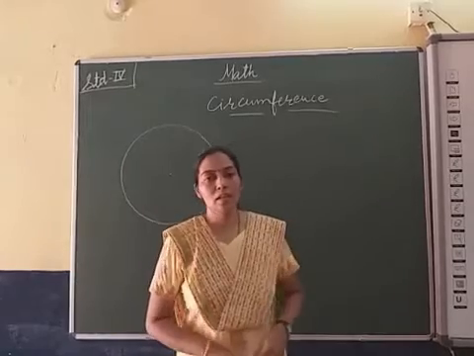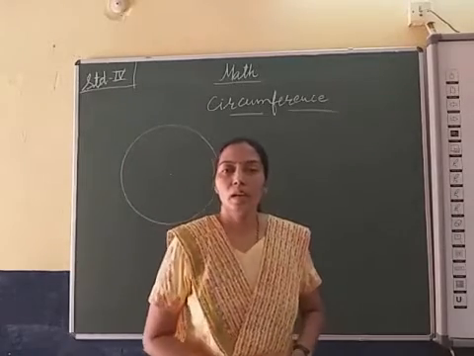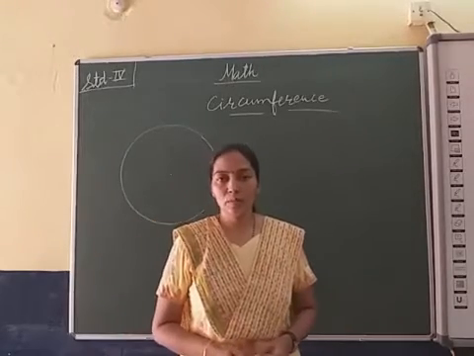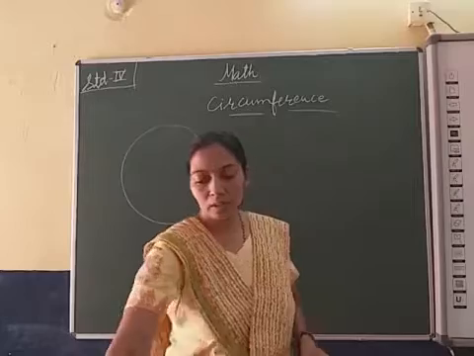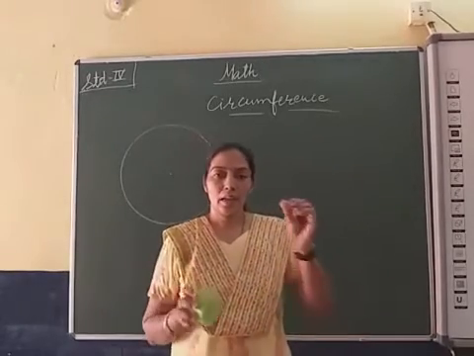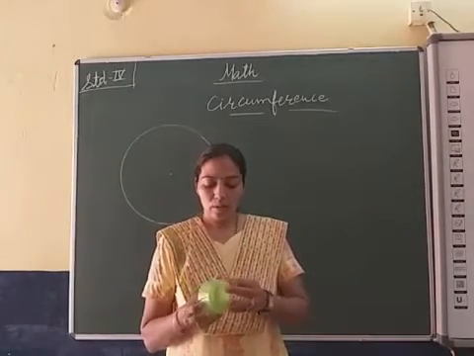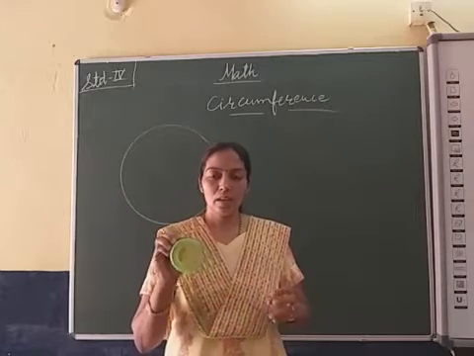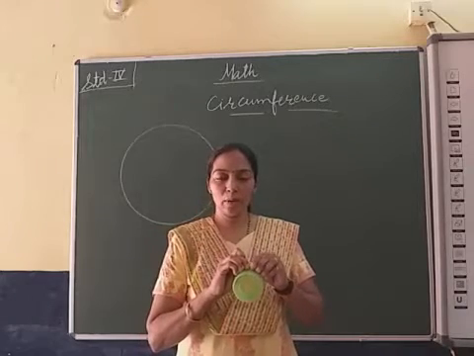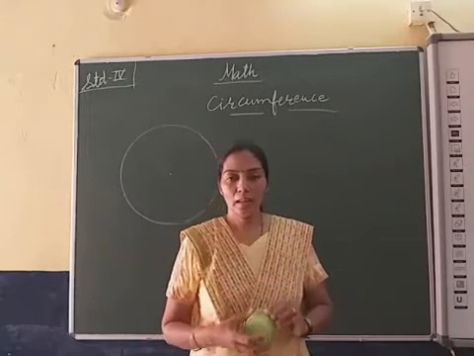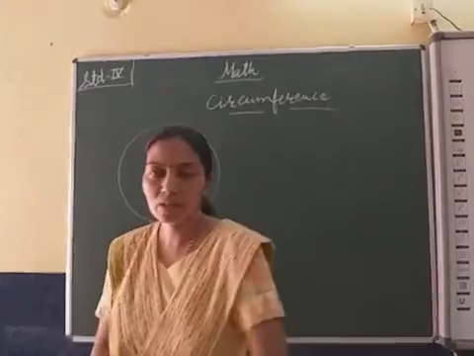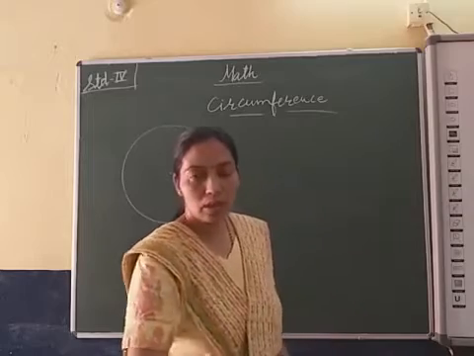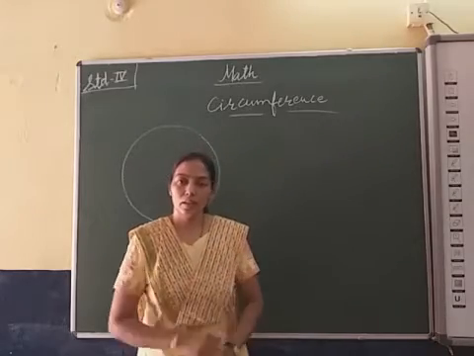Student, now we will see the circumference. Circumference means the length of the circle. In a simple way you can also do this at home: take a bangle or a bottle cap and any string or thread, roll it so that the starting and ending points meet together, and afterward you can measure this length on your scale. This way you can also find the length of the circle.